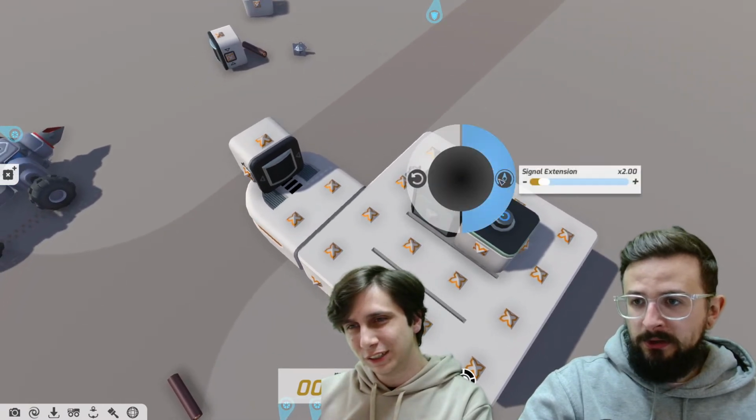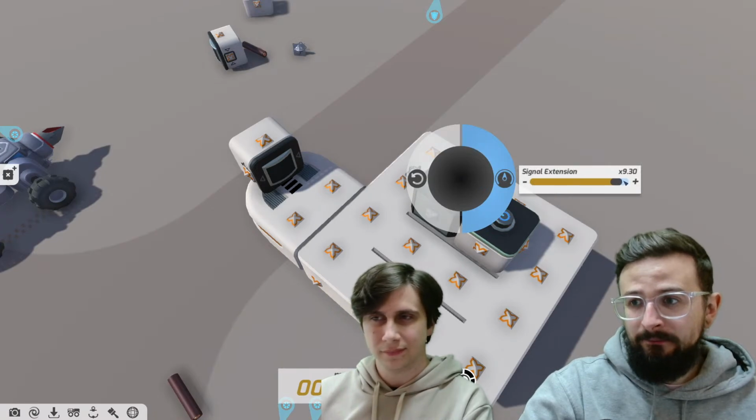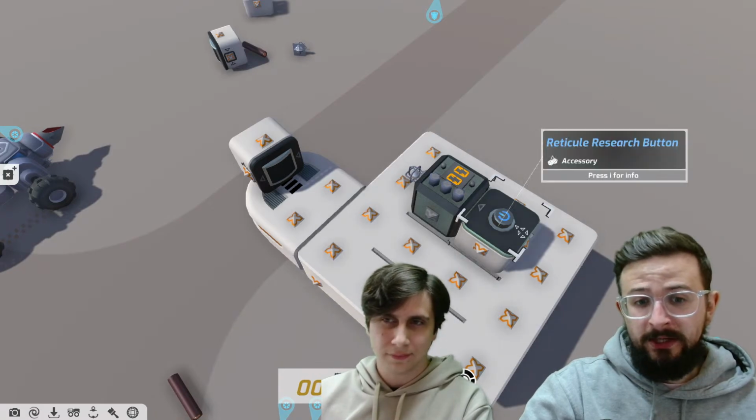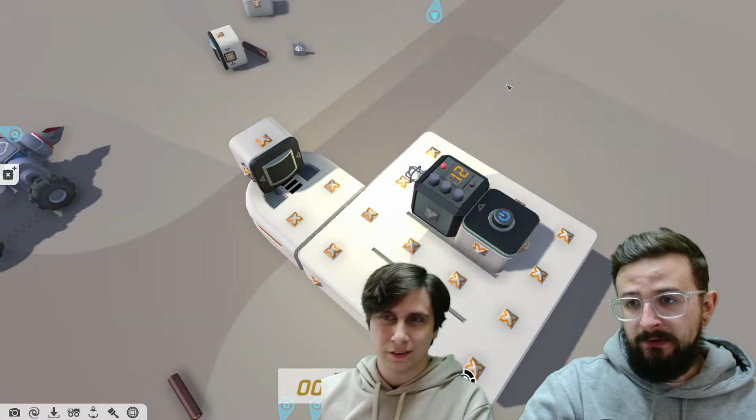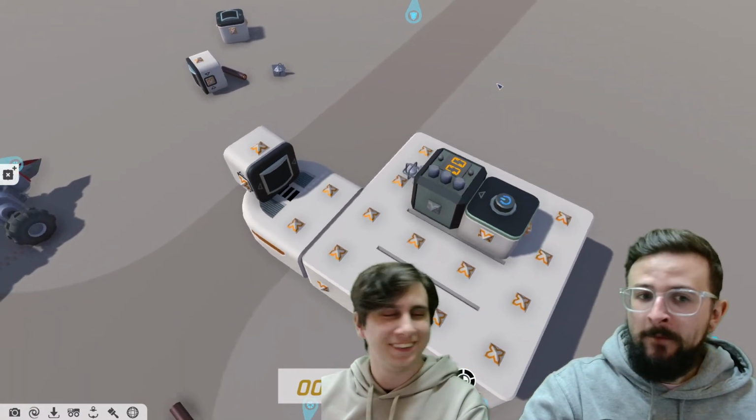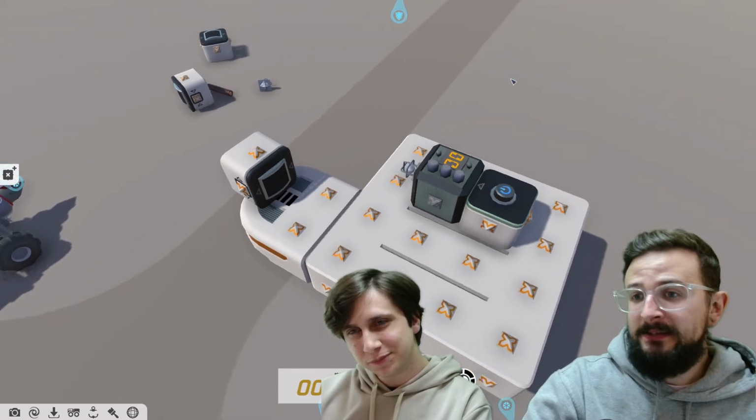But what we can do is extend it by multiples of up to 10. So if we did it all the way up to 10, I don't think this is even long enough. As you can see, it's significantly longer. It's literally 10 times longer. Yeah, and that's what the signal